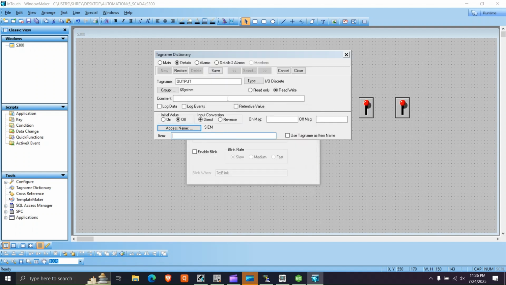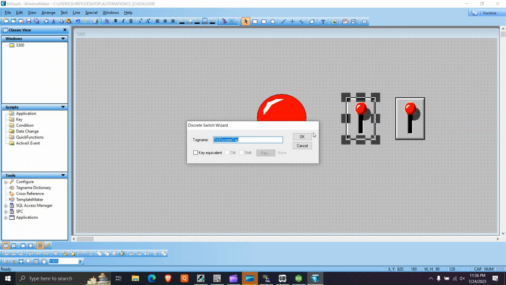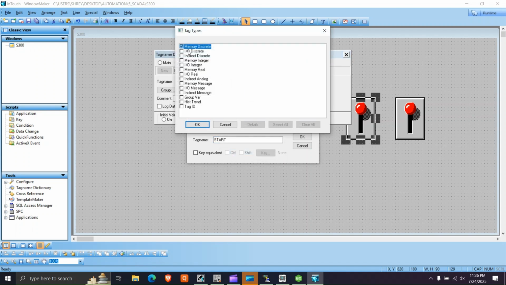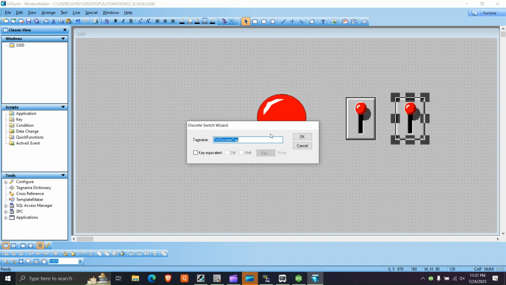And we can either use tag name as item name, or we can specify here Q0.0. I'll do both. I'll show you both. So right now I'll use tag name as item name. I'll save and I'll close it. I'll maximize it. Okay, so now I'll give start, enter. I'll define start. Its memory type is I/O discrete. Okay, SIEM, and we'll use tag name as item name. Save, close. Again, stop,